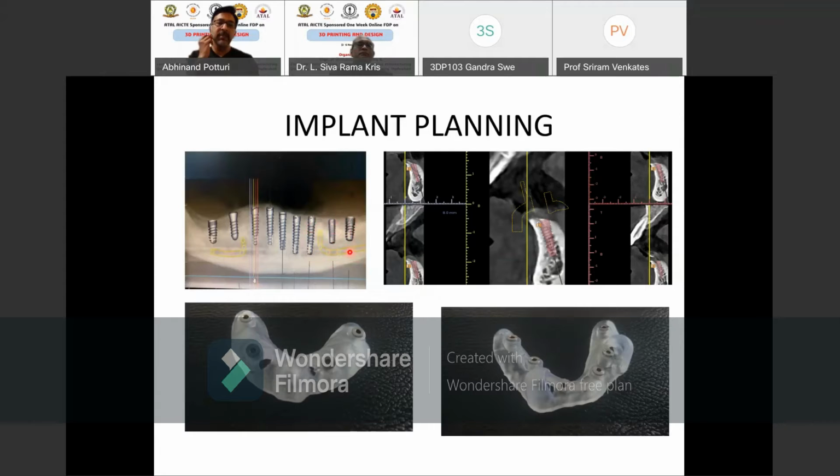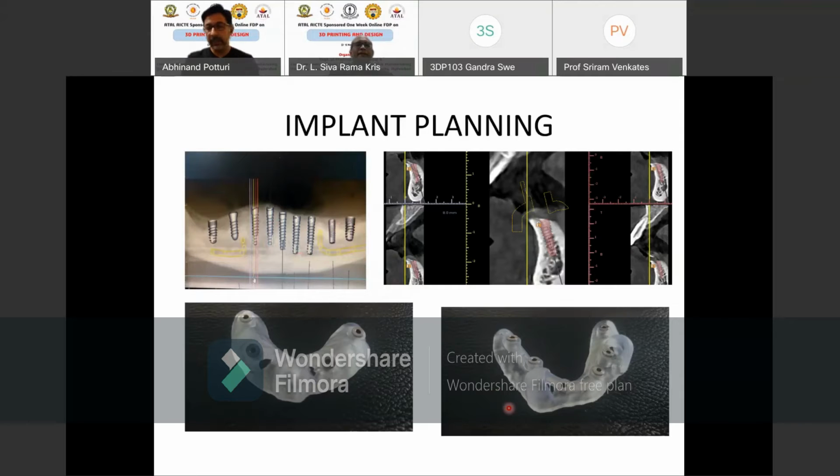Nerve means it is a small fiber which supplies the lip and connects you to the brain, so that if you touch some ice here, you will feel cold. Why? Because of that nerve only. If that nerve is gone, even if you put a hot pan on the lip, you will not feel anything. So that is the problem with improper planning. And all these things are possible only because of the presence of these 3D printed models.